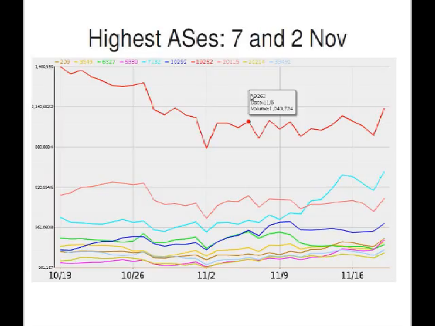So, okay, let's try just looking at the autonomous systems with the highest volume numbers. The volume y-axis is on the left here just because that's the only one we're showing. And this is beginning to look like they all showed a spike down, all the top ones, at that time. And also there were spikes down on the 2nd of November and maybe on about the 27th or 28th of October, which